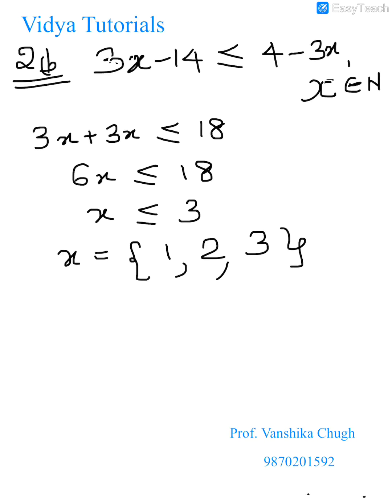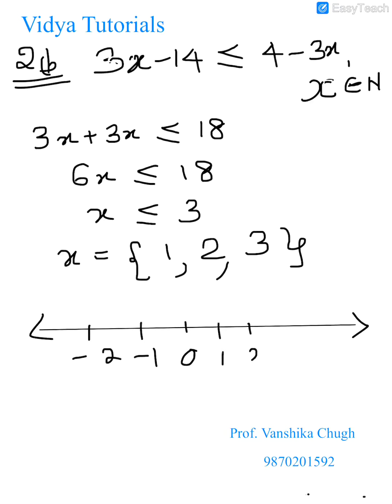Now what will we do? We will prepare our number line. I will just put some negative values. Now in natural numbers, only these 3 numbers have to be plotted on the number line. 1, 2 and 3. That's it, because they are natural numbers. So I will just put a solid dot over here. 2 and 3. This is how it is represented in the case of a natural number. Remember, framing of the solution set is very important before you plot on the number line.